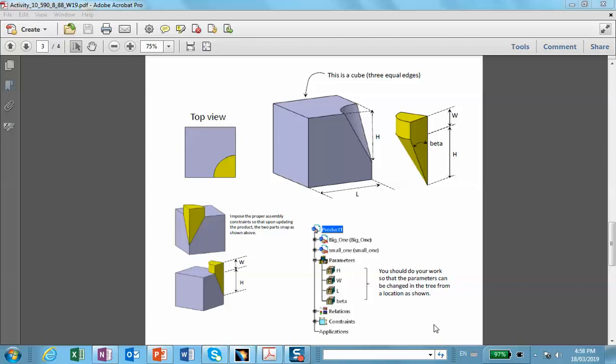Alright, this is the fourth example that I'm going to do. First I'm going to do it the long way and then come back and do perhaps a copy and paste special approach. Alright? Okay, now